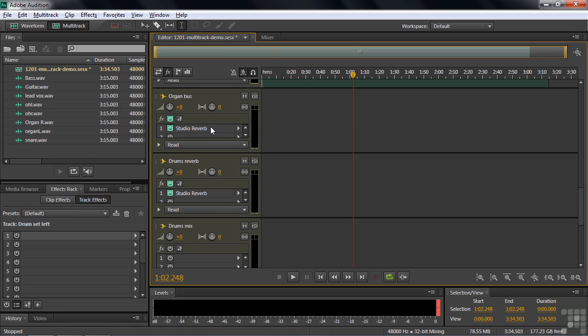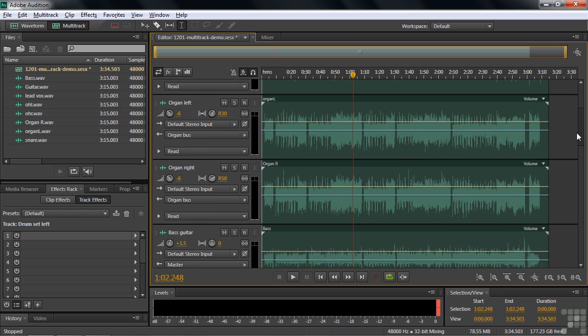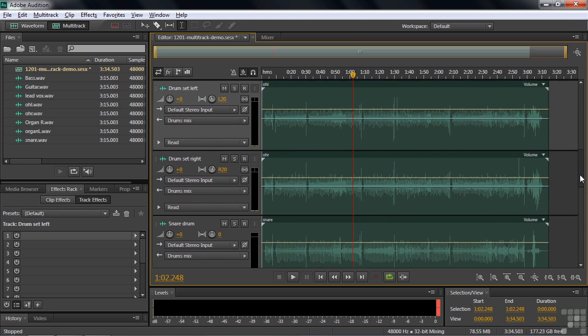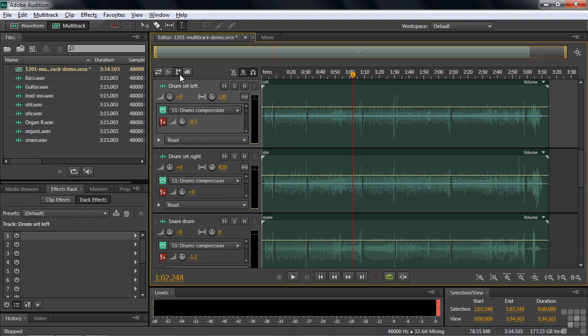So that's an advantage. And then if I go back to the output, you see that the bus now goes to the master. So it's kind of a little detour along the way. It's another kind of detour as well. It's called a send. So I'll go down to the drums. I'll open up this little button here which shows you the sends. And the sends allow you to also route things for good reason, to try to take advantage of putting one